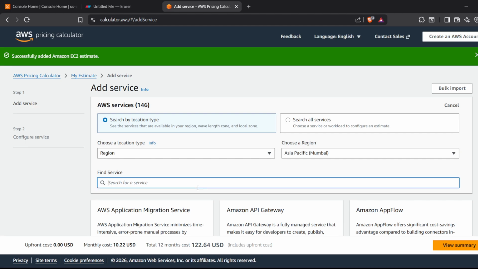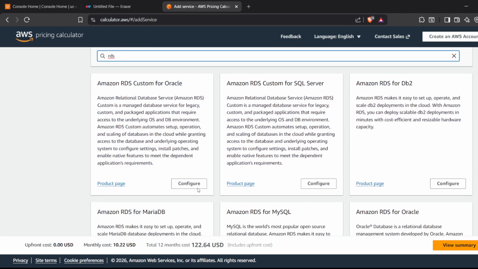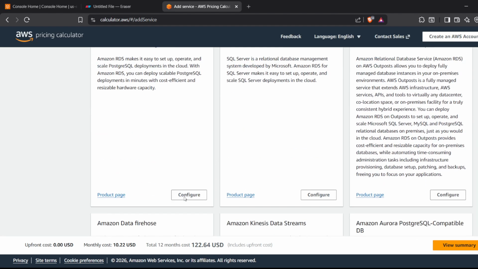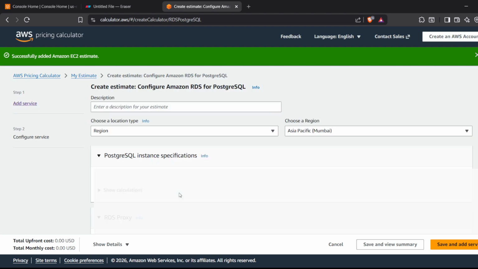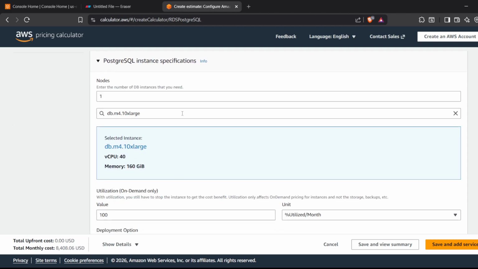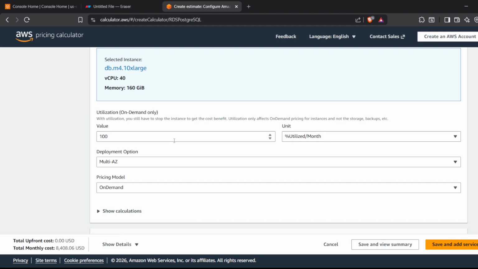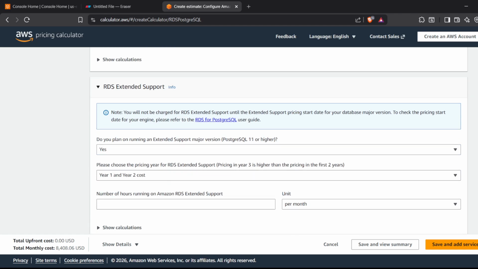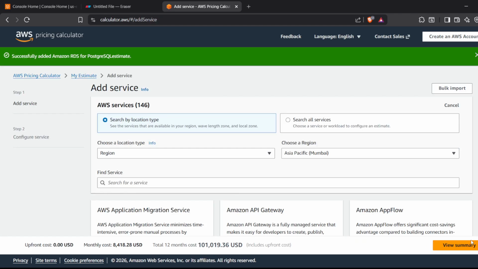Then we can go for RDS if you want to use some database. Then if you want to go for Postgres, for example, and one node only, and this is of 100. Okay, it's in which value? Okay, anywhere, anything is fine. Okay, and then if you just do save and add service,